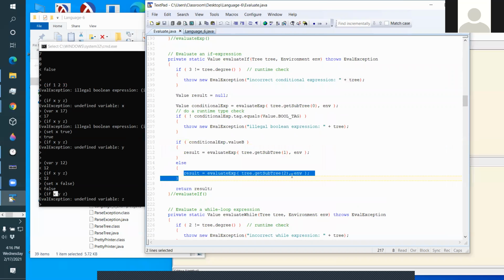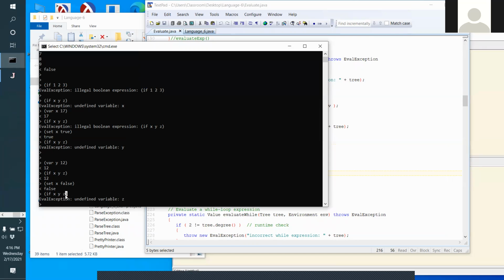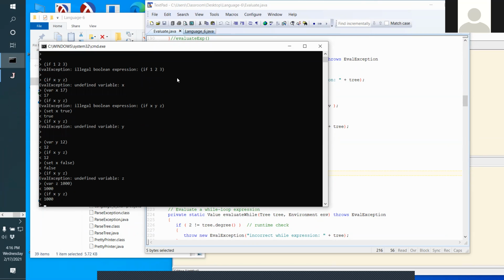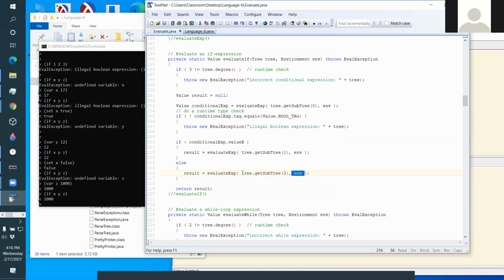So I jumped down to here and I evaluate the right branch in the environment, but the right branch wasn't defined in the environment. So Z was not defined in the environment. But on the other hand, if I put Z in the environment, there, Z 1000. Now evaluate this over again. See, now I get 1000. Because now when I got down here and I evaluated the right-hand branch in the environment, the Z got found